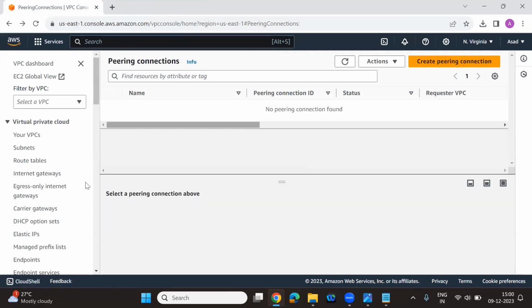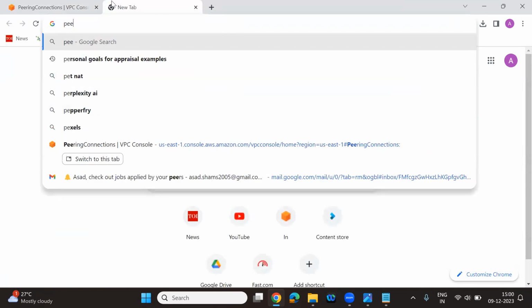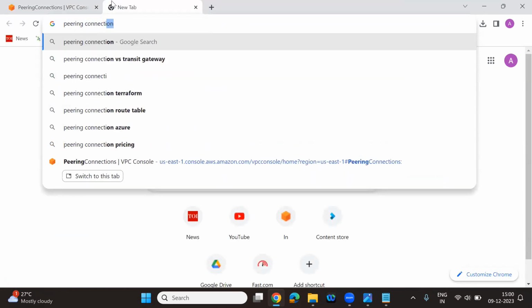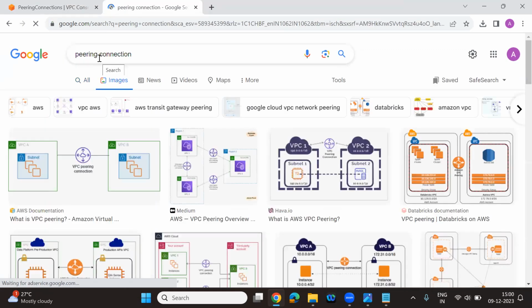The only concept left now is peering connection. It's very important because in interviews they're going to ask: what is the peering connection? How are you going to achieve it? Have you ever used it? Do you know peering connection? So if you talk about peering connection, just come here. I'll show you, one second. So peering itself, if you see the diagram,